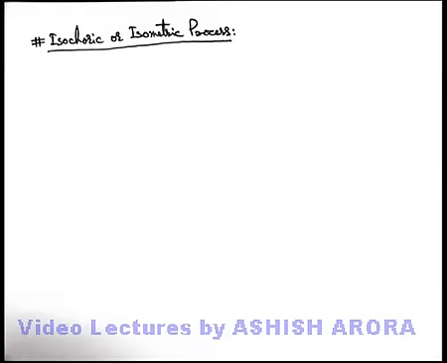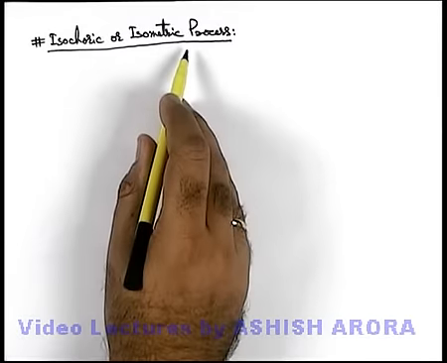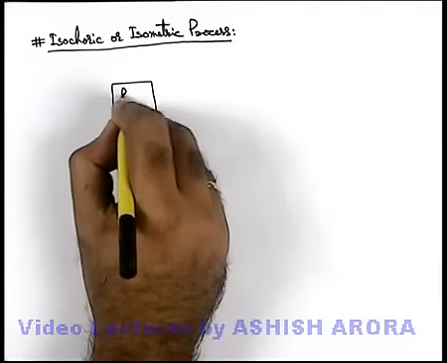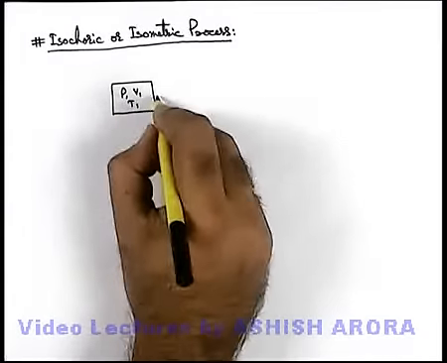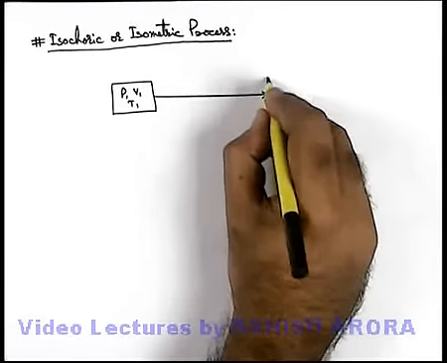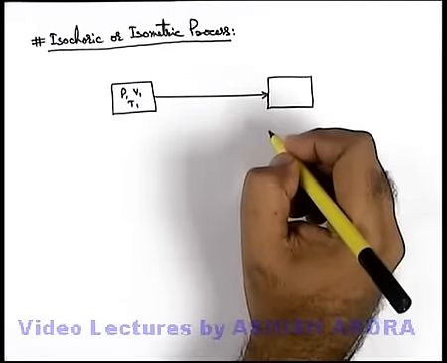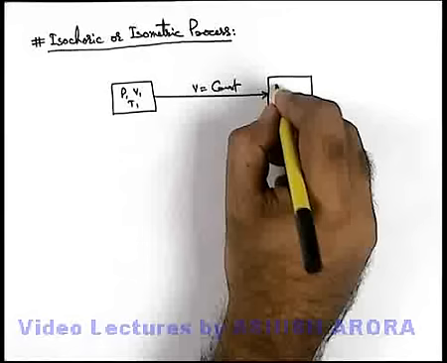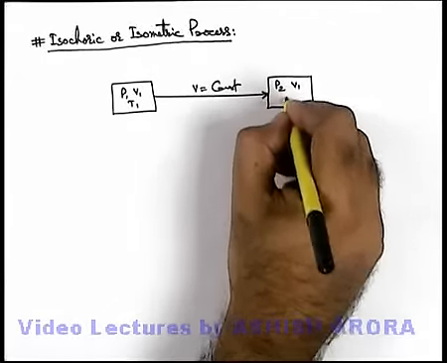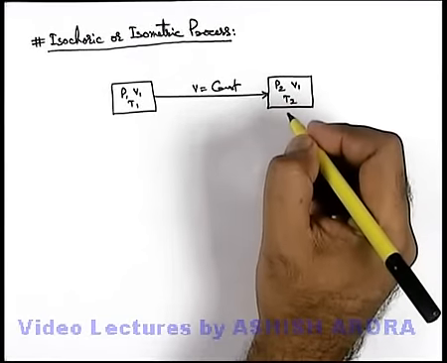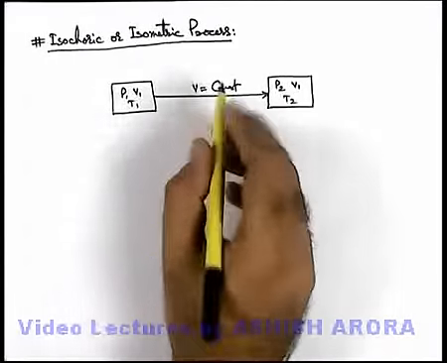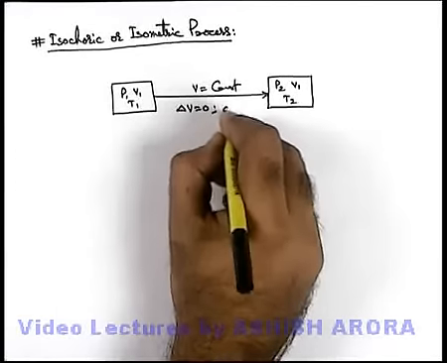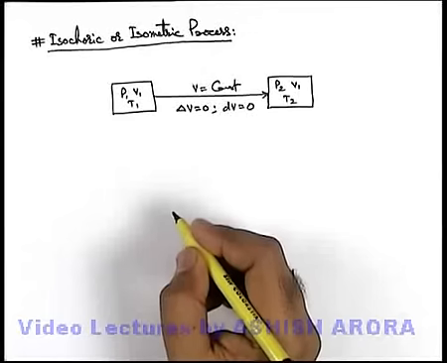Now we'll study about isochoric or isometric process. Say a gas is given in an initial state P1, V1, T1, and the gaseous state is changed to a final state by a thermodynamic process where its volume remains constant. So the pressure will change to P2, volume remains V1, and temperature correspondingly will change to T2. And if volume is constant, we can write delta V is 0, as well as at every instant volume is constant, so dV is also equal to 0.